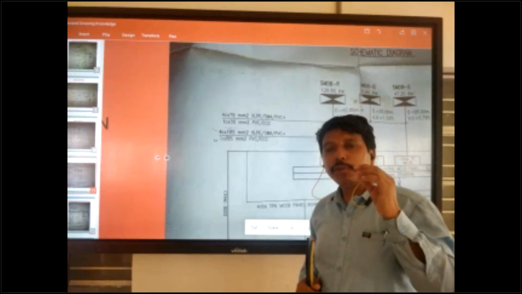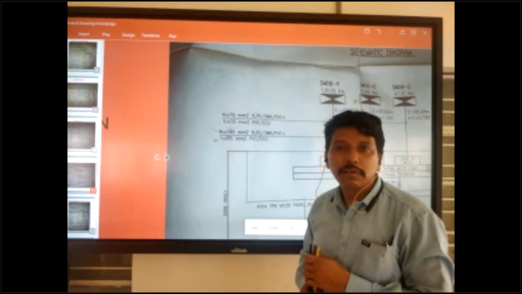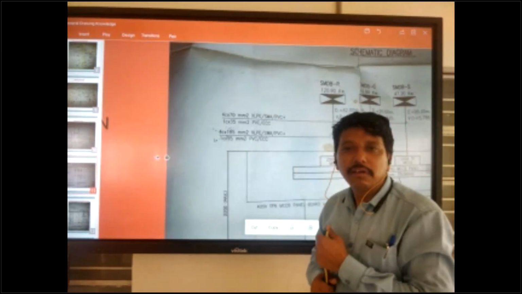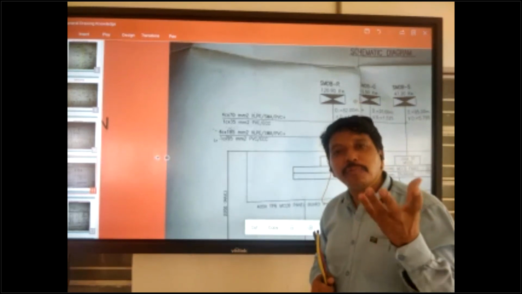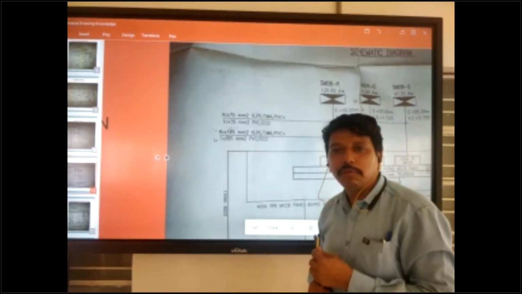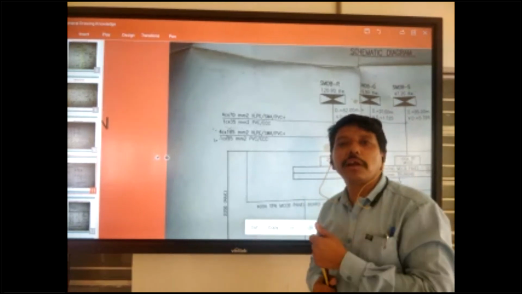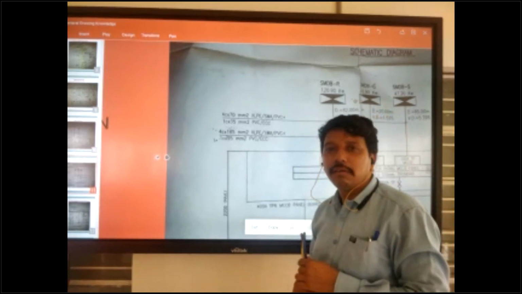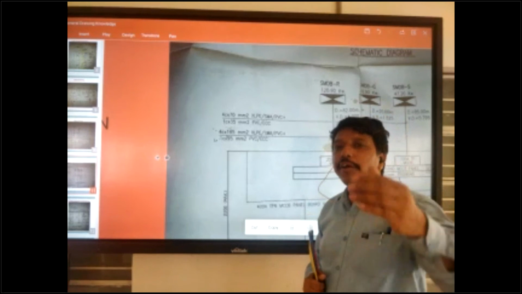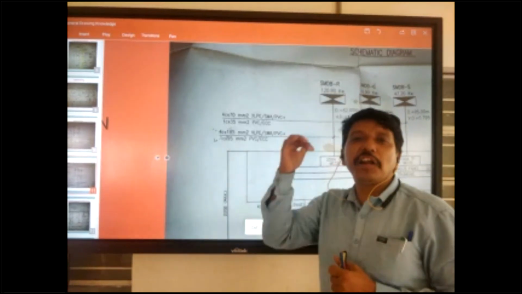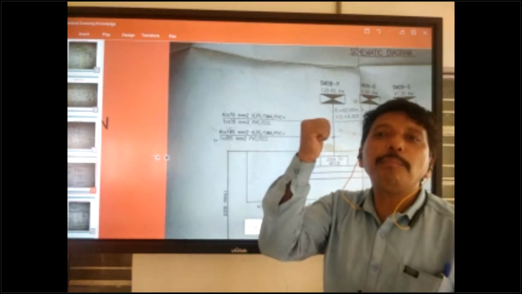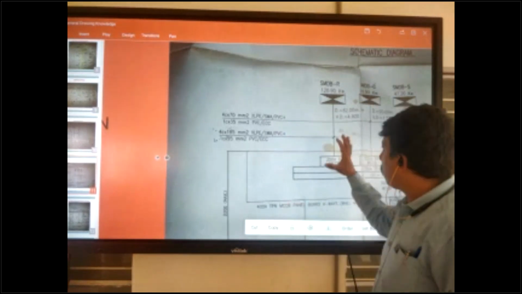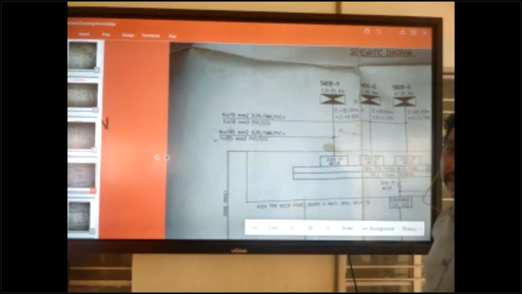Keep this important thing in your mind. Sometimes in interviews they ask cross questions. For example, they may ask, can we use MCB in SMDB? At that time you say it is not allowed to use MCB because it is small. MCB is used only in the distribution board. In SMDB or MDB we use MCCB, moulded case circuit breaker. Okay, so be clear about this one. Don't forget this.